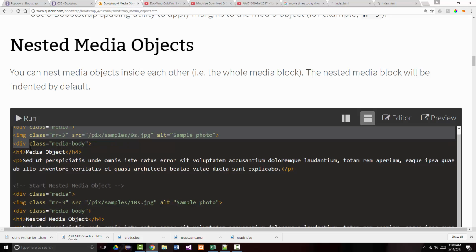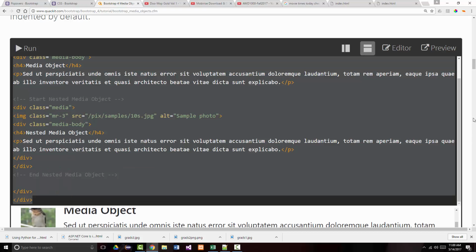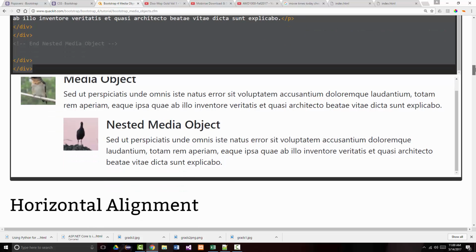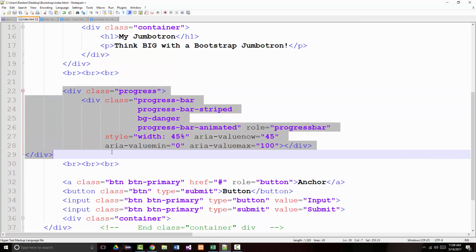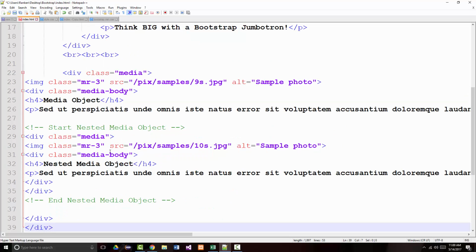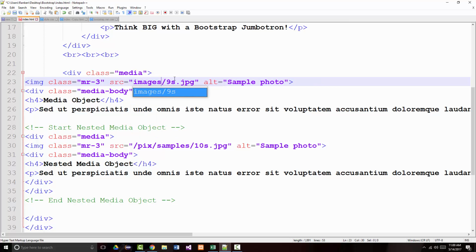All right, let's grab this, but we'll do this a little differently than they've done it here, because with what they have, remember we don't have those pictures. At least I don't think we do. So we will again come back, and now we don't need our progress bar stuff anymore. So let's change this to images. And I think we had